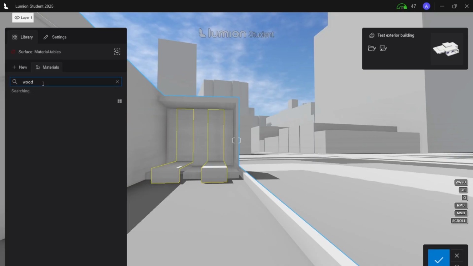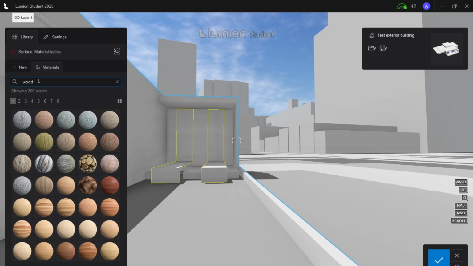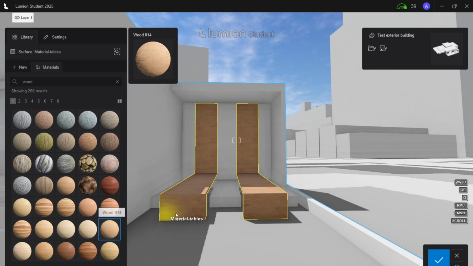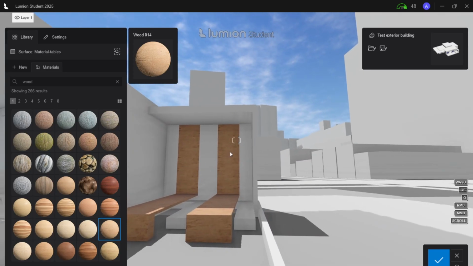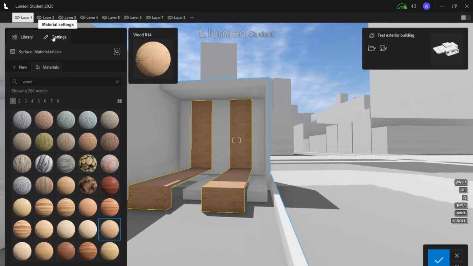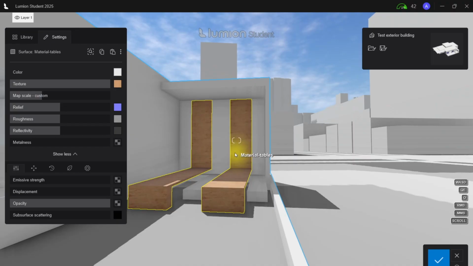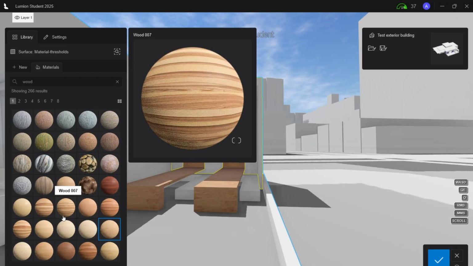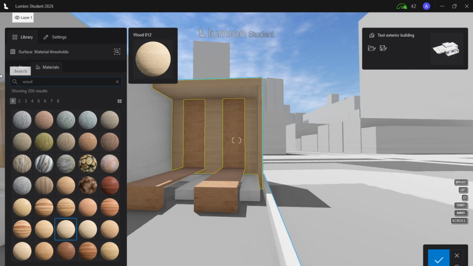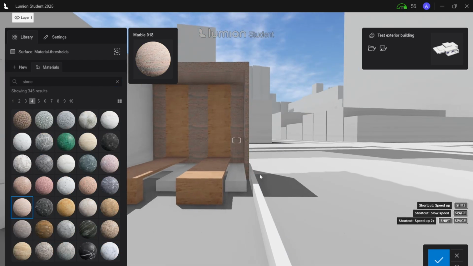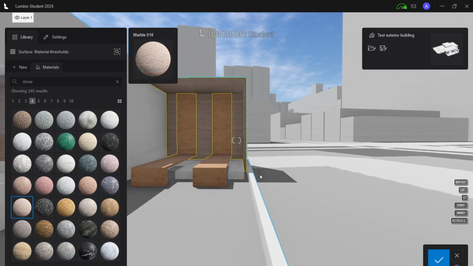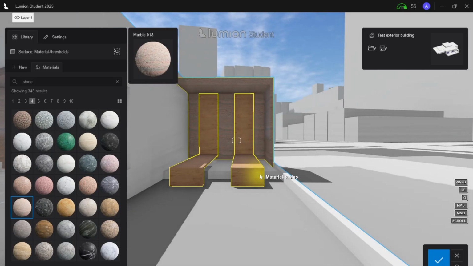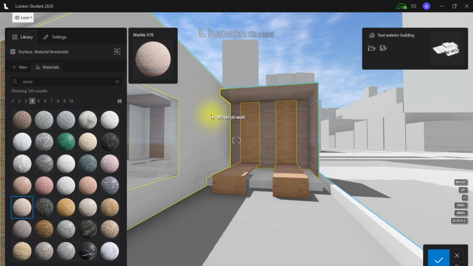So let's say that these are wood. So you have a lot of options. You can type it in, you can import your own. We can be like, okay, well, I'm going to choose this wood, perhaps. If I want to edit that, I can go into this and change it based on that. We'll kind of infill this model with whatever we think is going to be in it. There is an option for styrofoam and white model making in this. So if you don't have the materials, you will still have the ability to just make it kind of